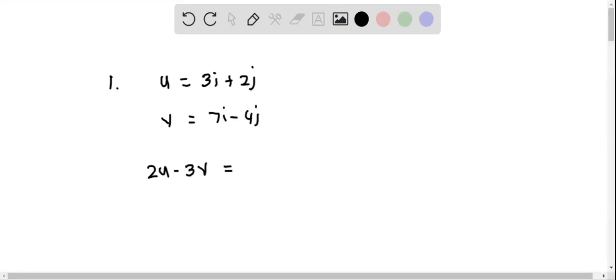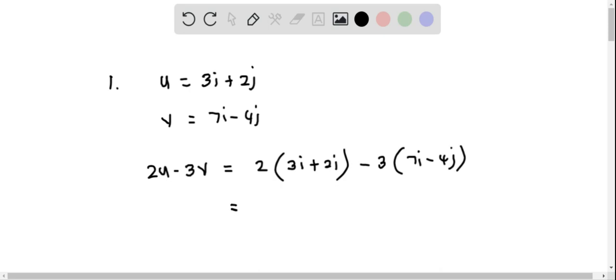Determine 2u minus 3v. So I put 2 and then I replace u by the u vector, which is 3i plus 2j. And then I put negative 3 times the v vector, which is 7i minus 4j. So we do the distribution of 2 with the numbers inside the bracket, also the negative 3 with the numbers inside the bracket. 2 times 3i is 6i, plus 2 times 2j is 4j, and then negative 3